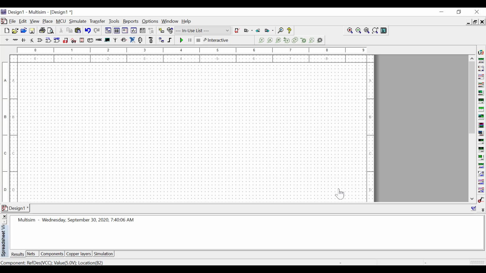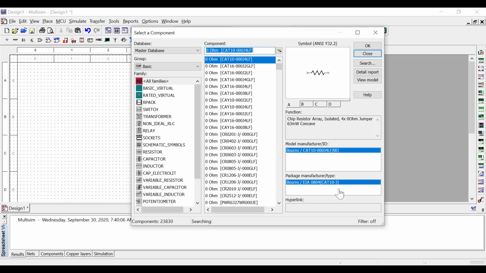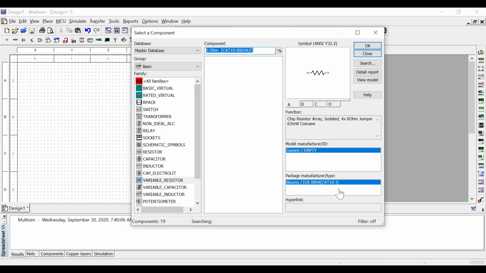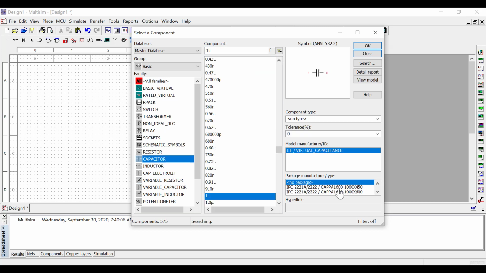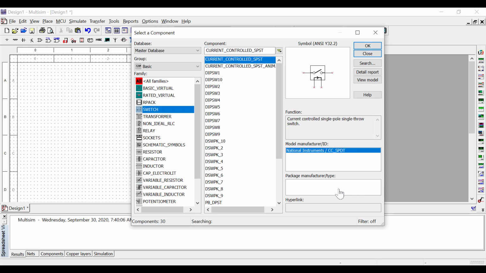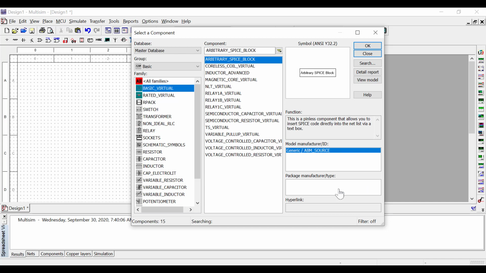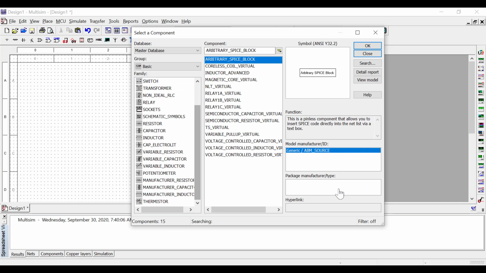This is the active area in which you are going to construct our circuit. This is place a source. By using this source you can add your power supply as well as ground. Then go to the next one, place basic components. If you look at here, this has almost all the resistors, capacitors, variable resistors, variable capacitors, and switches. So these are all basic components related to normal network analysis.